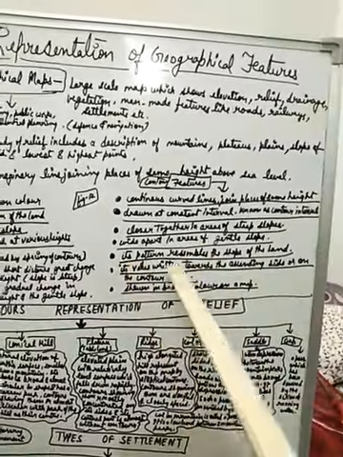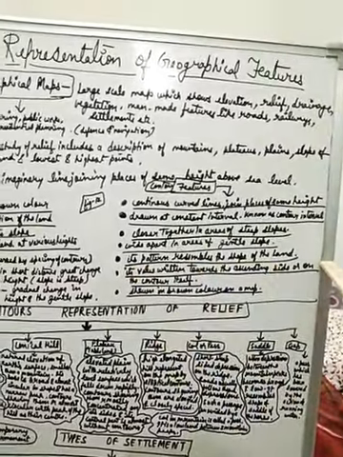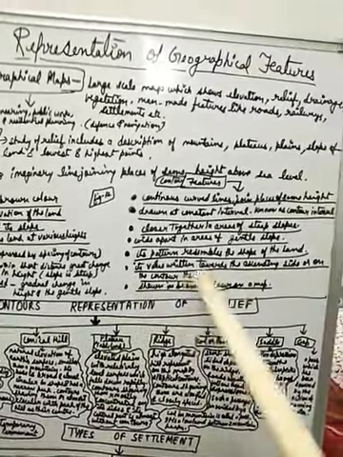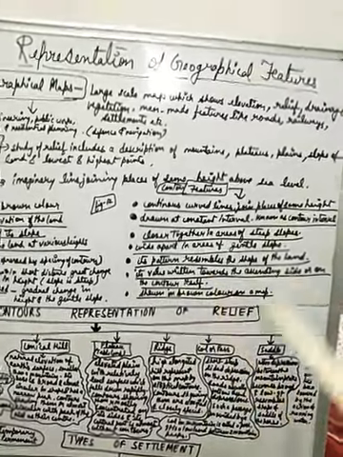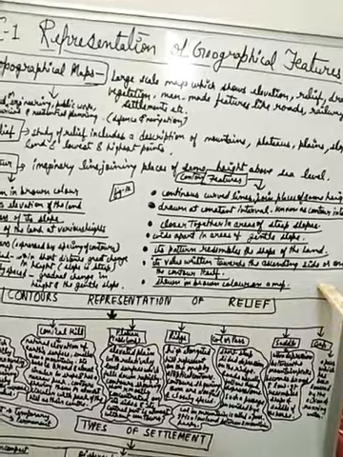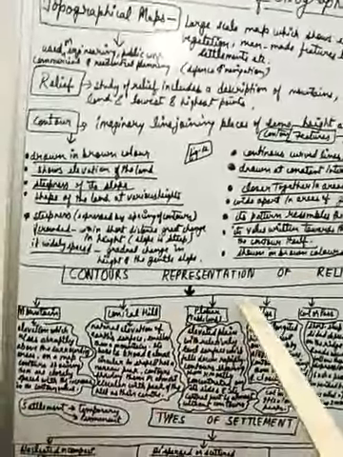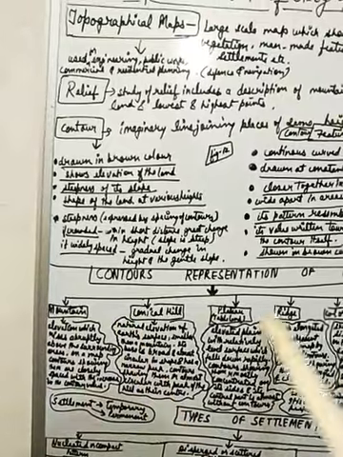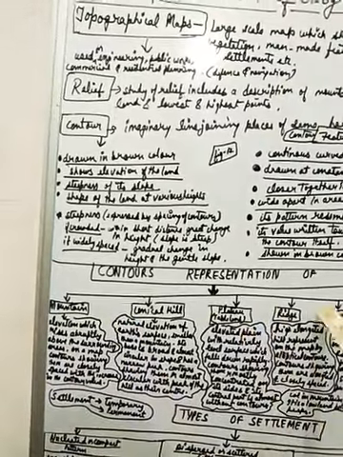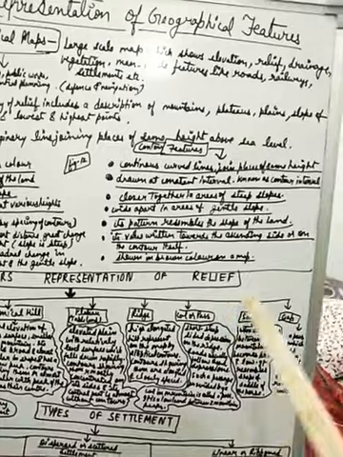When you see its pattern, it resembles the shape of the land, and its value will always be written on the contour itself or towards the ascending side, and it will always be shown in brown color on a map. Then we have contour representation of relief. We have mountain, conical hills, plateaus also known as tableland, ridge, col or pass, saddle and gap.